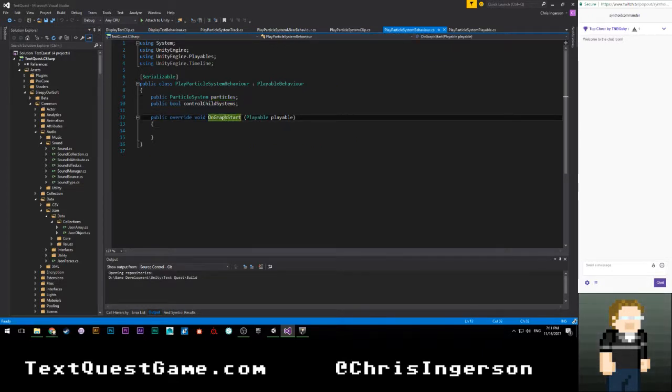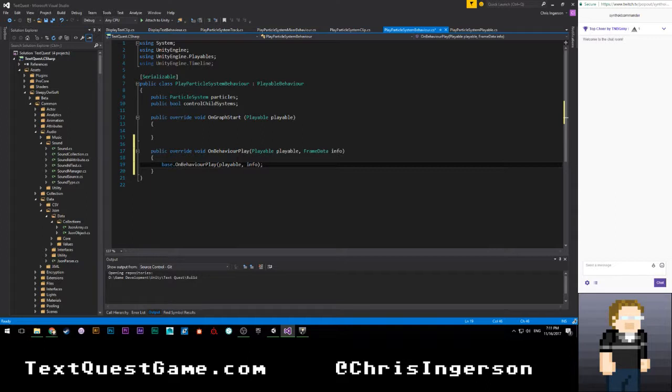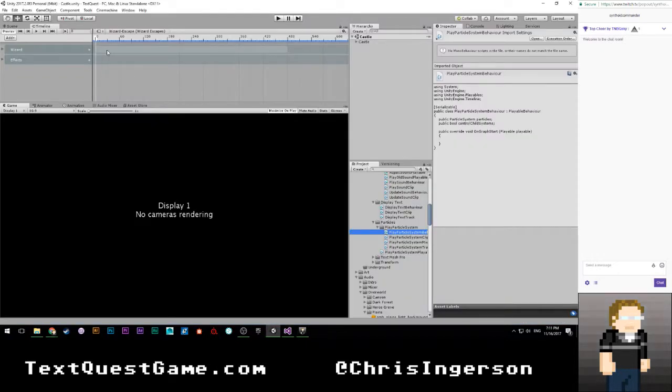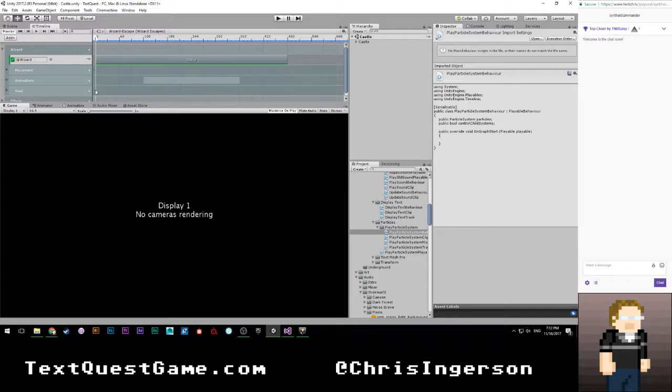So the behavior itself only gets the onGraphStart function generated for you, but that actually seems kind of weird to me, because the most common ones that you'll want are probably override OnBehaviourPlay, which is when the actual beginning of the clip starts, and then override OnBehaviourPause, which is called when the end of the clip is reached. So I don't know why they don't include those. They seem to put it all on graph start, which is specifically when the entire graph starts playing, I believe. So that's when your entire timeline starts. So for example, onGraphStart gets called where this white line is currently, whereas on behavior play,